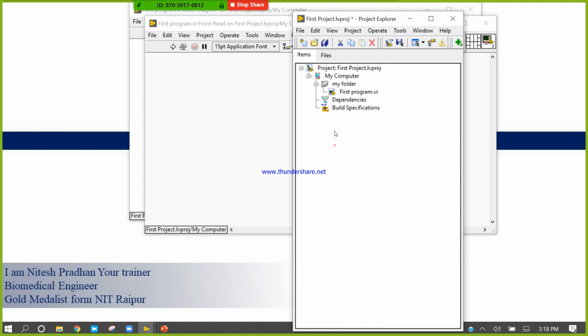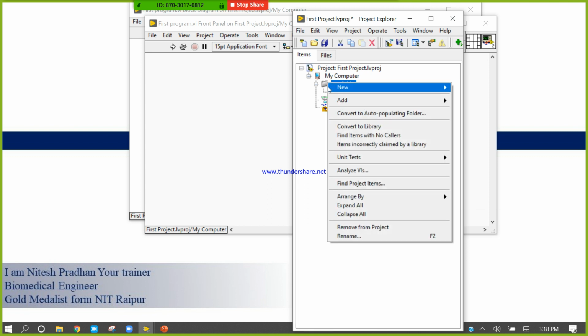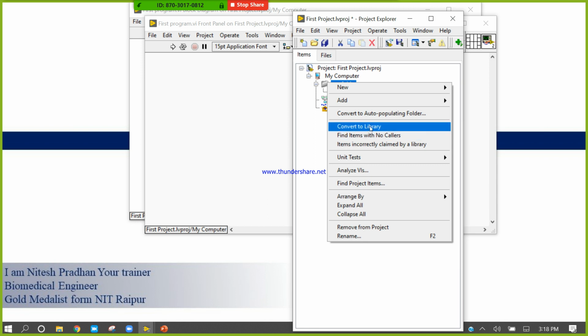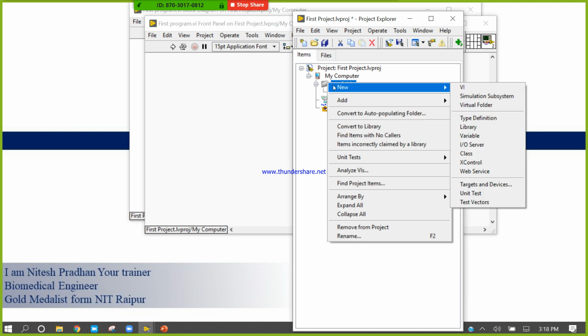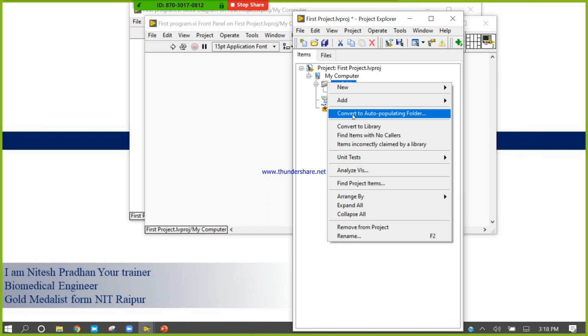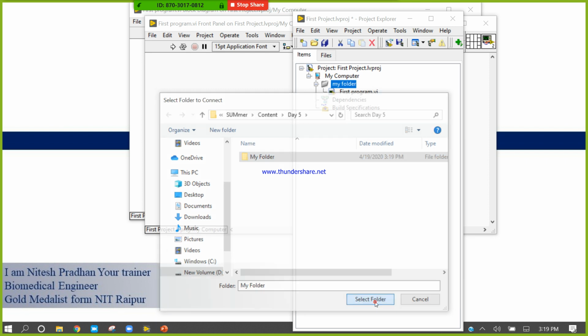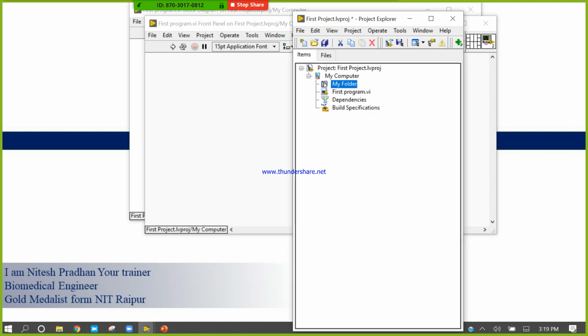Now right click on my folder, come to the third label and convert it into an auto populating folder. So my folder is the auto populating folder for me. The earlier one was a virtual folder.